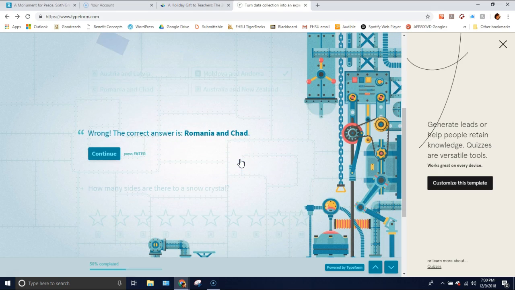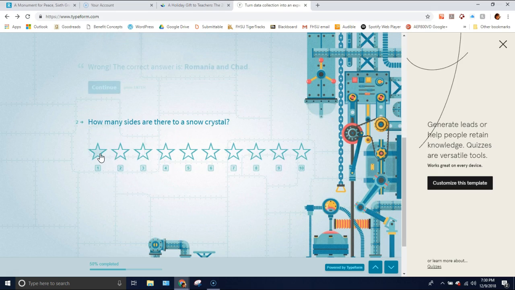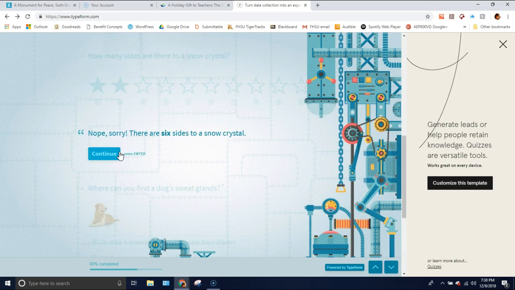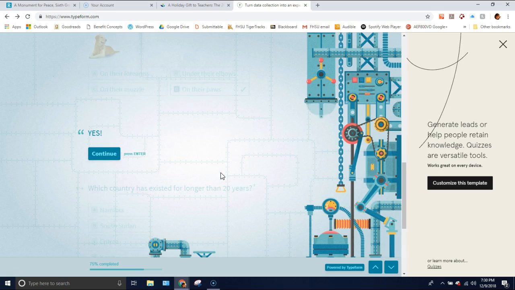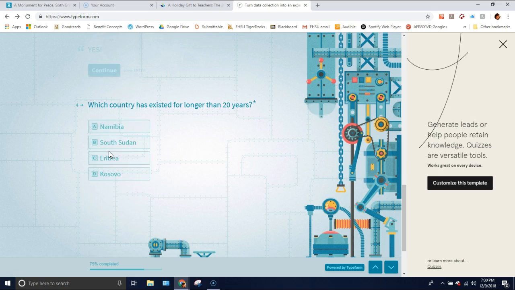So, knew I would get that wrong. Geography is certainly not my area of expertise, but it gives you an idea as to what the quizzes can look like. And you can see this is pretty engaging. You can add your images, you can add commentary or explanations,